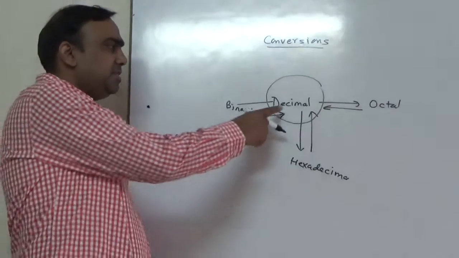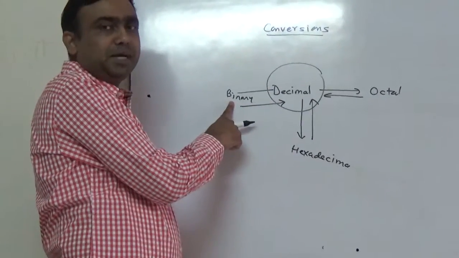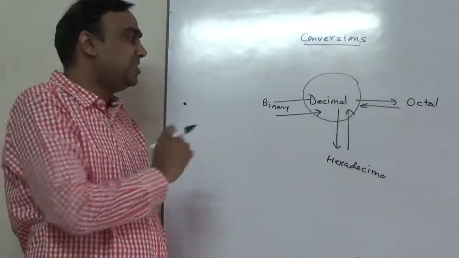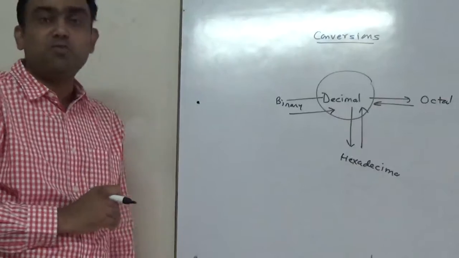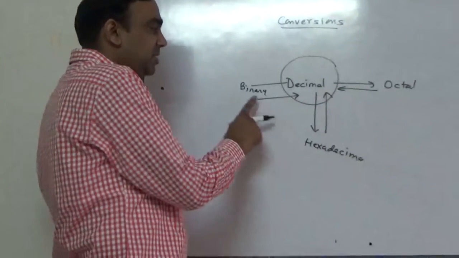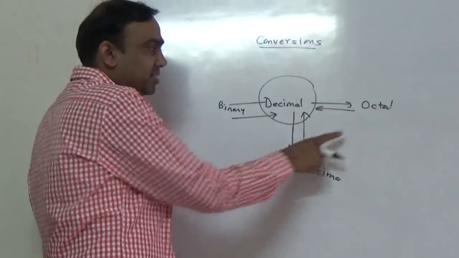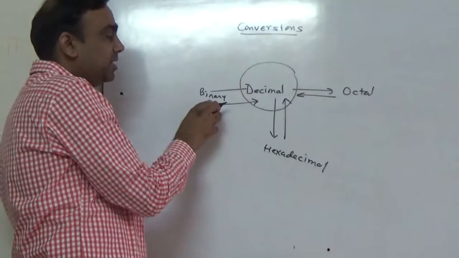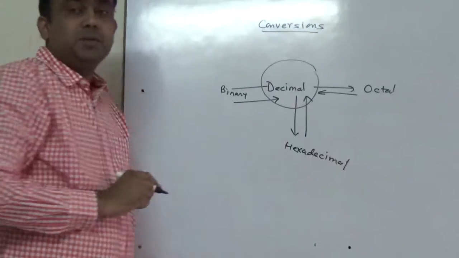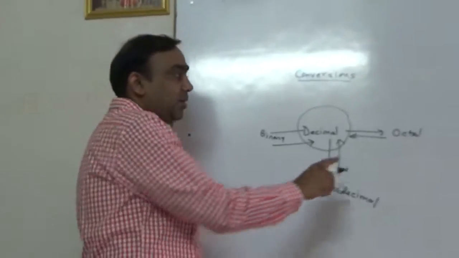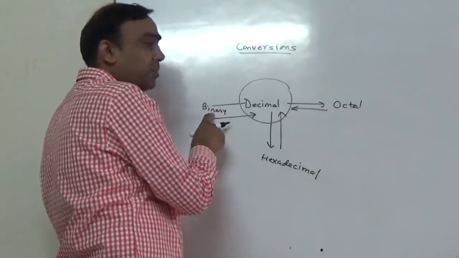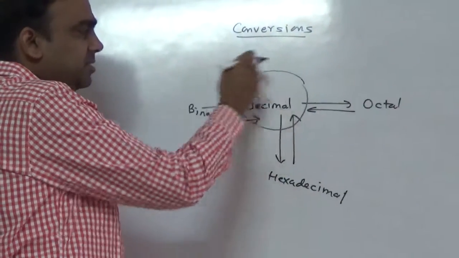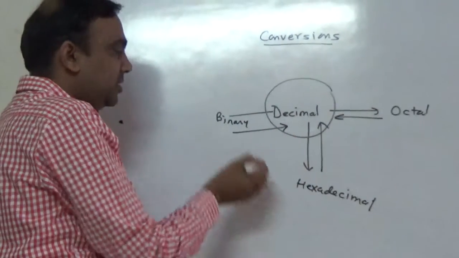In the previous lecture, we discussed that computers use binary for the internal storage of numbers because they work with digital signals that are represented by 1 and 0. But still, we discussed hexadecimal and octal because hexadecimal is useful for presentation of binary numbers, and octal is also useful for presentation of binary numbers. So, we should be able to convert from one number system to another.